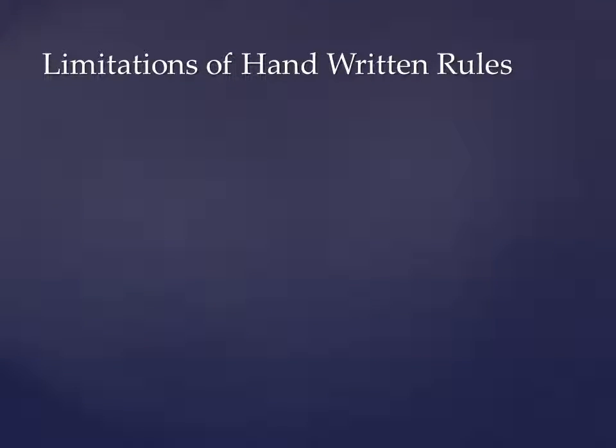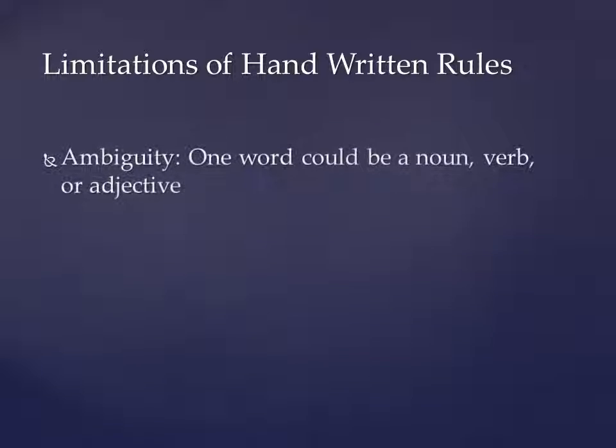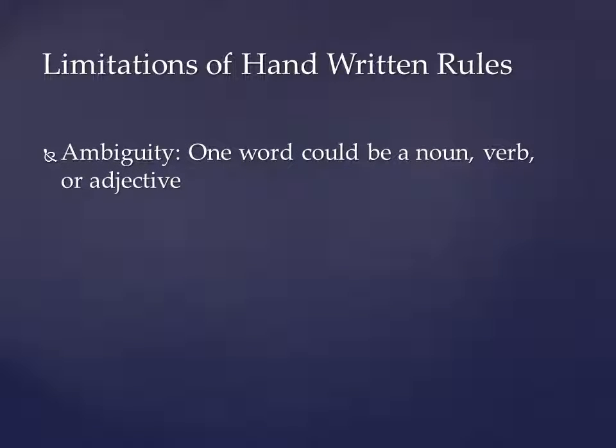Still other early attempts at natural language processing tried to create a list of handwritten rules that could be used to parse a written sentence. One other problem quickly became obvious. Natural languages are unrestricted and often ambiguous. Certain words can be used as multiple different parts of speech depending on their context.